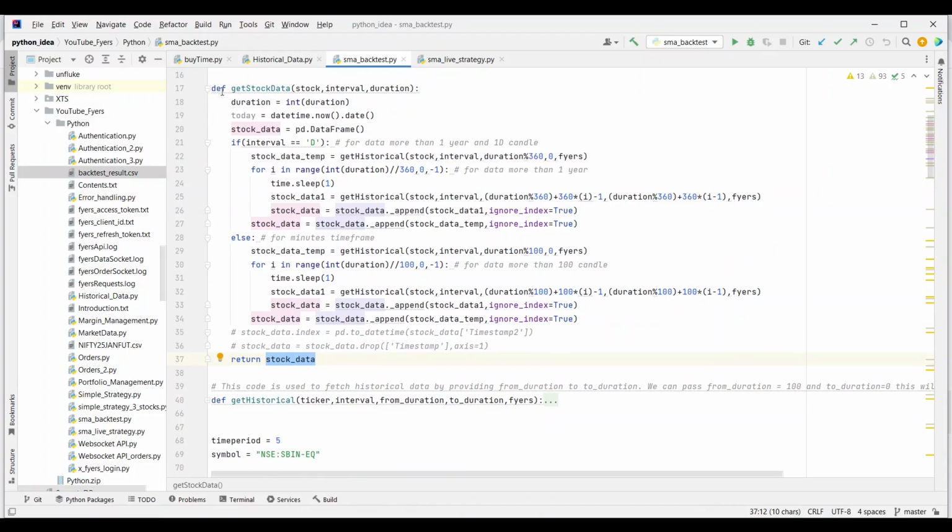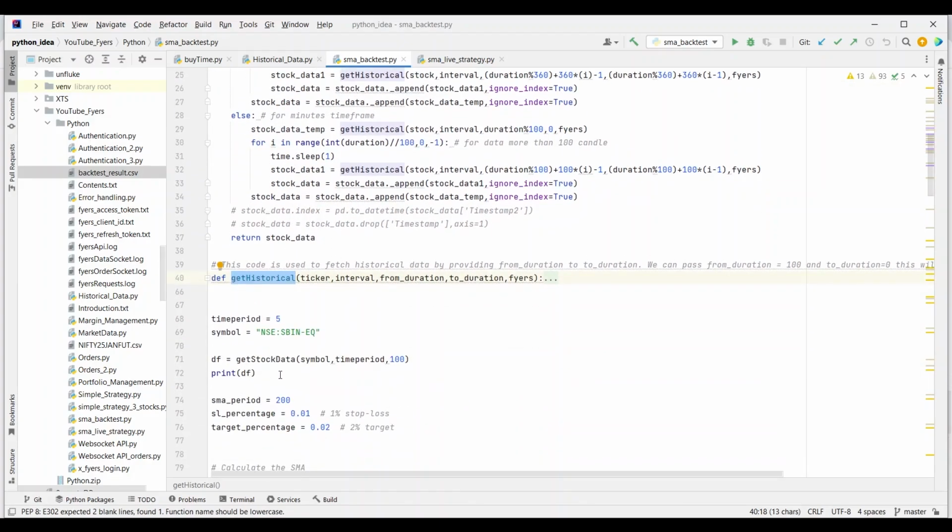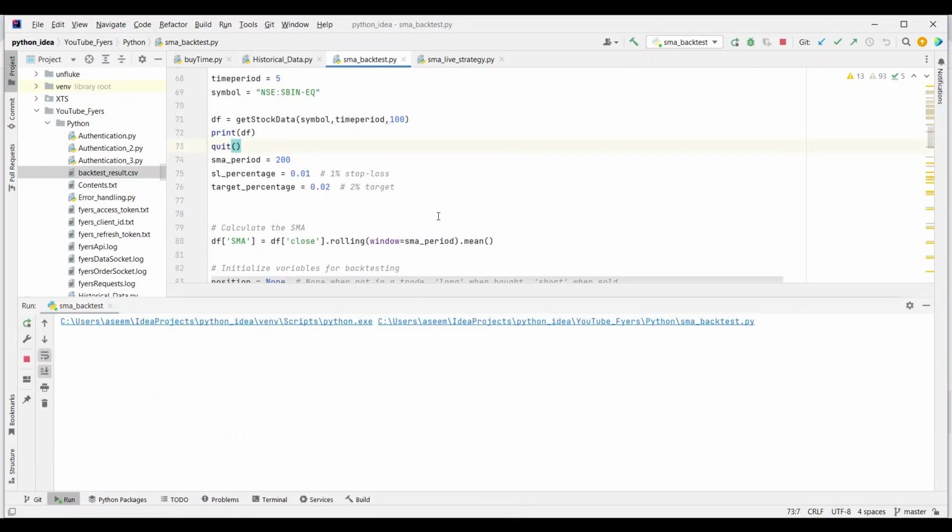So essentially I'm using two functions, the get stock data and the get historical, to get my 100 days of data, which is almost 5,500 rows of data. So let's print it out. I'm printing the data frame. Let me put a quit here to see whether it's coming fine. So I'm running the code now,